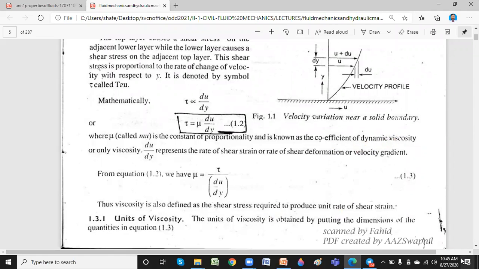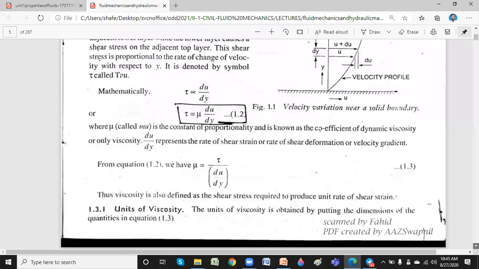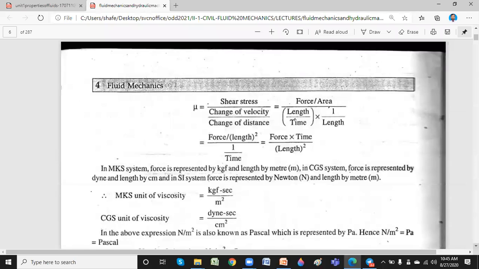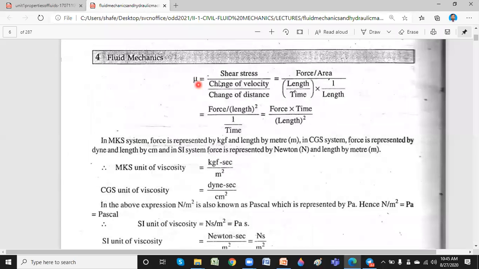Now, what are the units? Just see here. What are the units for dynamic viscosity? If you go for mu, dynamic viscosity, what is stress? Tau is force per unit area. I think you are all aware of this. Then, what is the strain? Change in velocity, which is called du, and distance is in terms of length, meters. Now, just keep this one. Okay, and finally, I will get the unit for viscosity in terms of MKS units.